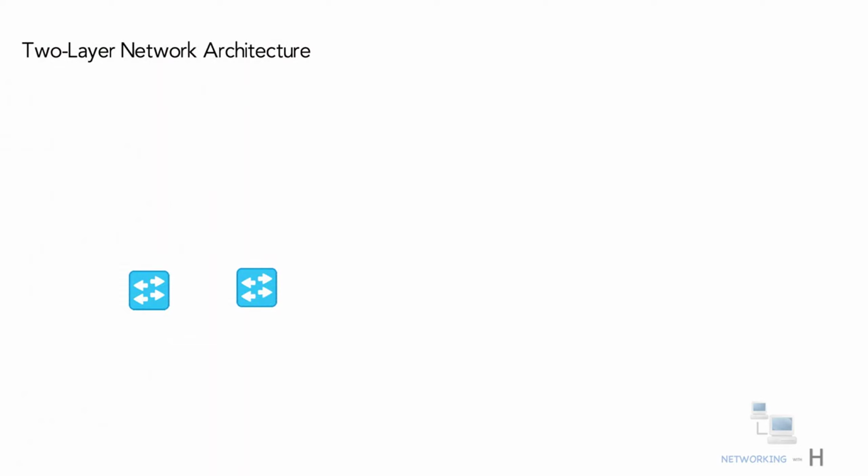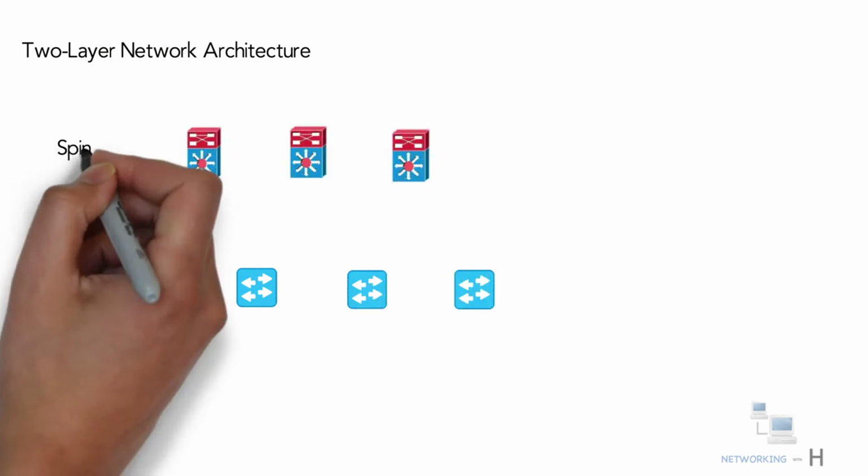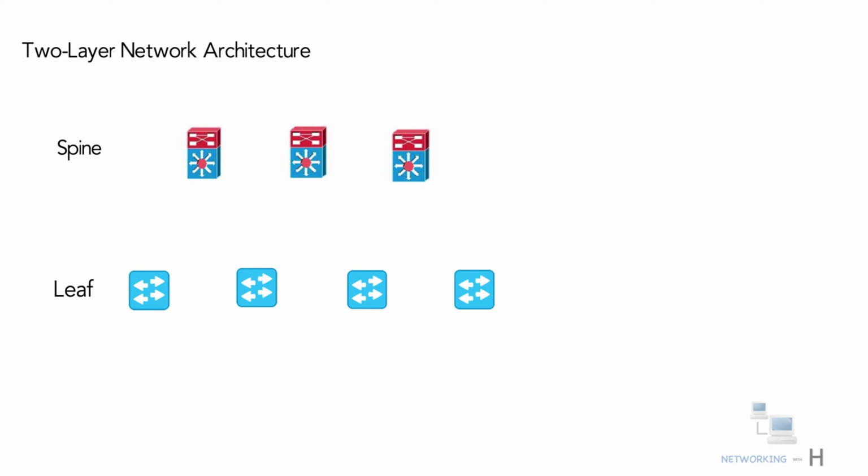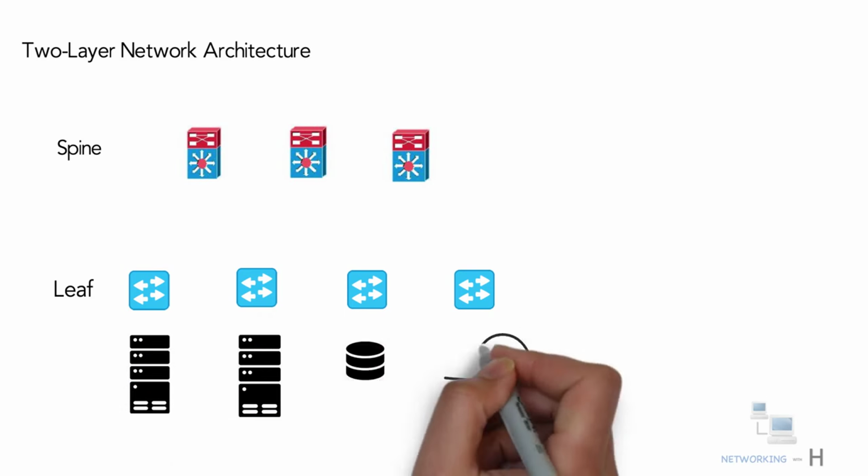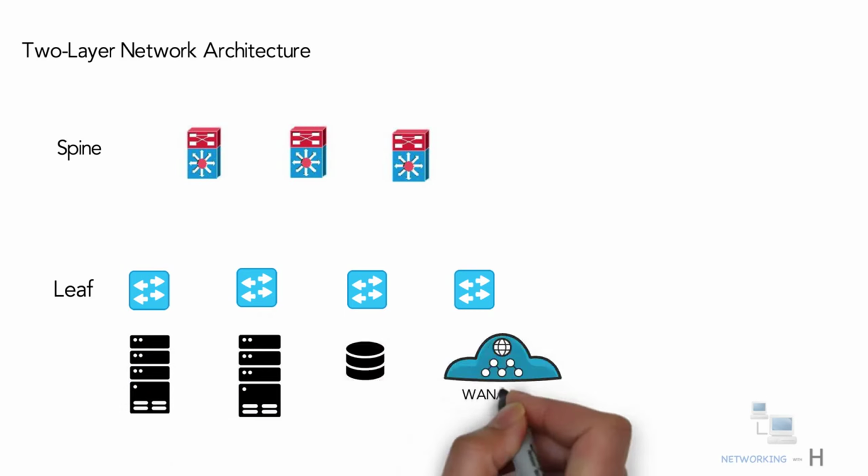Spine leaf is a two-layer network architecture composed of leaf switches and spine switches. The leaf layer consists of access switches that connect to devices such as servers, storage devices, and WAN or internet devices. Those switches are also called TOR or top of the rack switches, or EoR end of the row switches